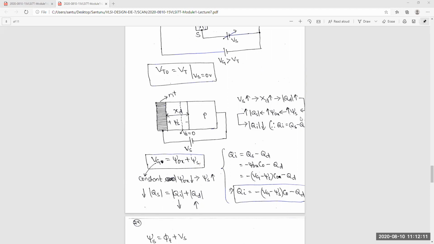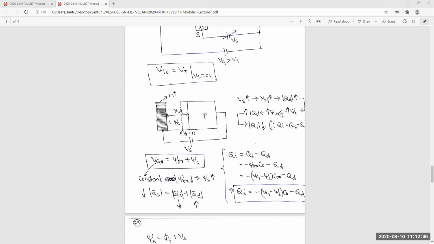Once QD increases, this is the surface of the semiconductor. This part, from this to this, is the phi S. So when the XD region increases, the voltage will increase. The surface potential will increase or not? Because we have calculated that triangle shape, half base into height. If you increase the width, the surface potential increases or not? Okay, surface potential increases, yes.